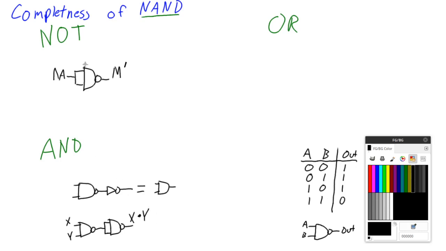So this one, we just kind of looked at the truth table for the NOT. The AND gate, we kind of looked at the truth table and just thought about the way the gates work and the definition of the gates. The OR gate, we're going to look at mathematically. So let's just write down the function for OR, right? We've got